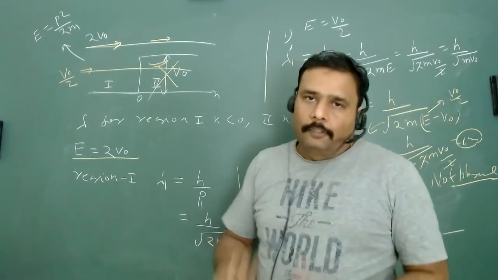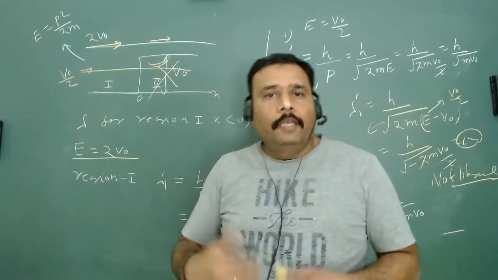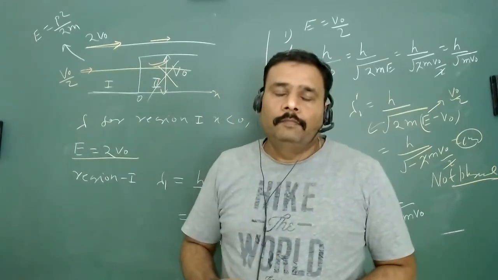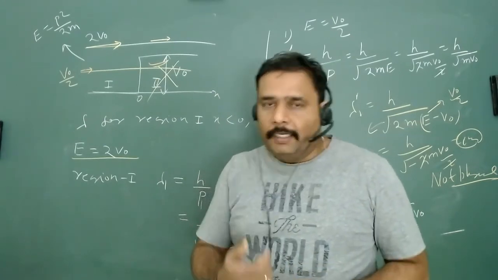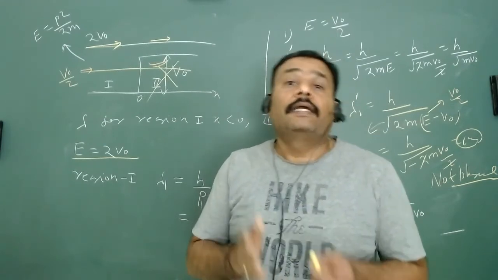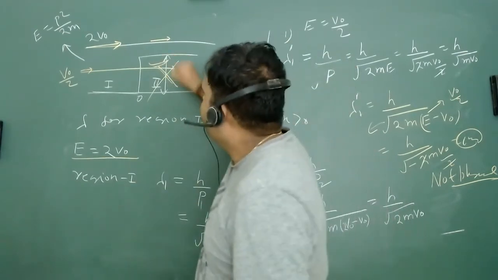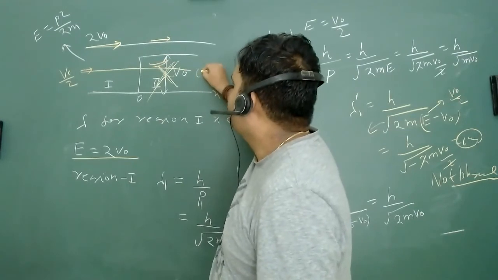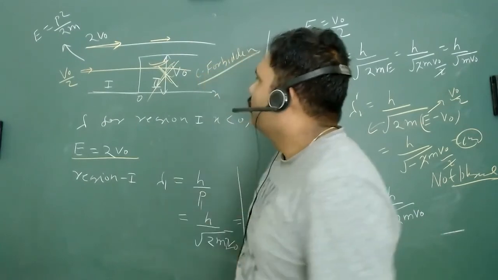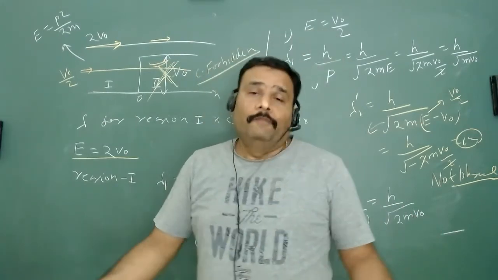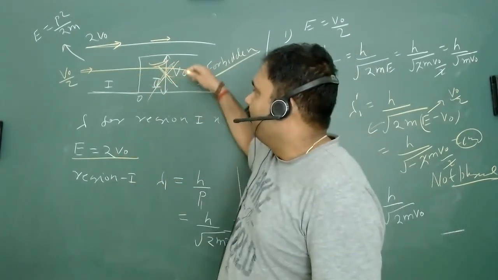So what is the conclusion? The conclusion is very interesting. We can find the de Broglie wavelength only in those regions where momentum has some real value. Momentum being a real value means your particle is in the classically allowed region. Classically we cannot find the particle in this region because this is a classically forbidden region. But quantum mechanically, when we go into quantum mechanics, you will find that we can find the particle in this region.